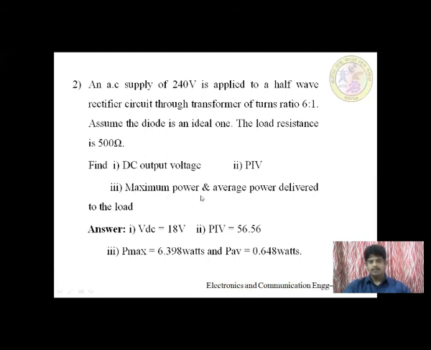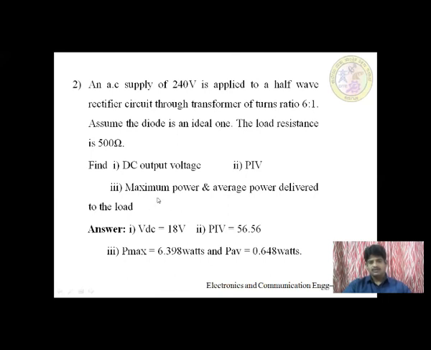Then maximum power. So to calculate the maximum power, what you need to remember is, power is equal to, either you can use V into I, or V square by R, or I square into R. So we have multiple equations to calculate the power. So here it is asked for the maximum power. That means you should use the maximum voltage. And you have the voltage here and we have the resistance. We have V and R.